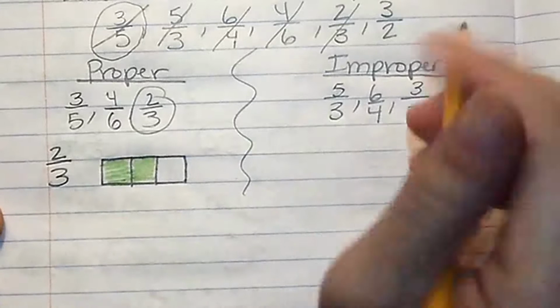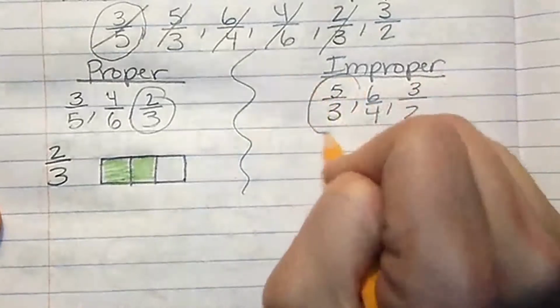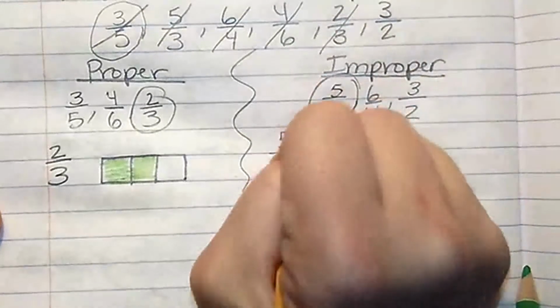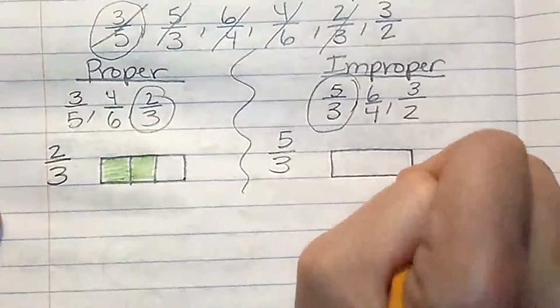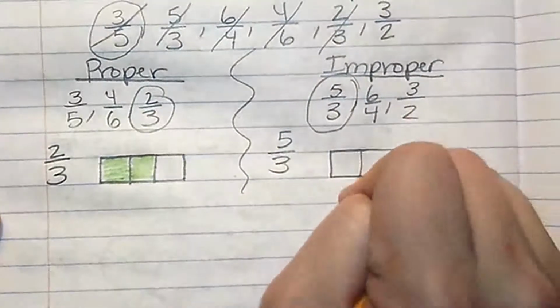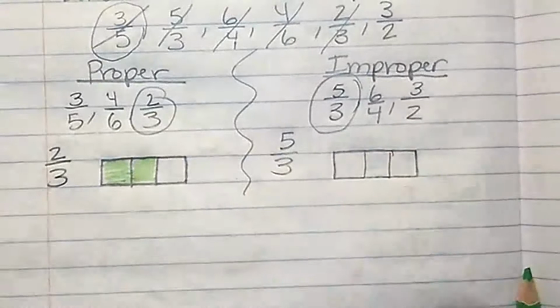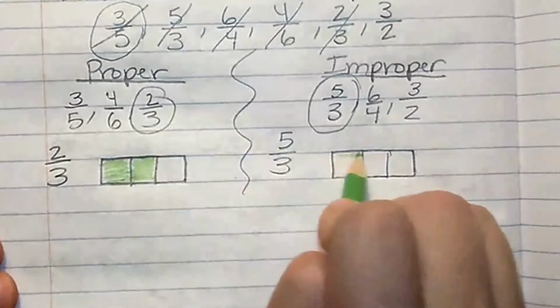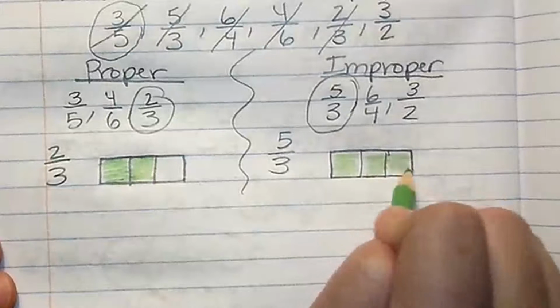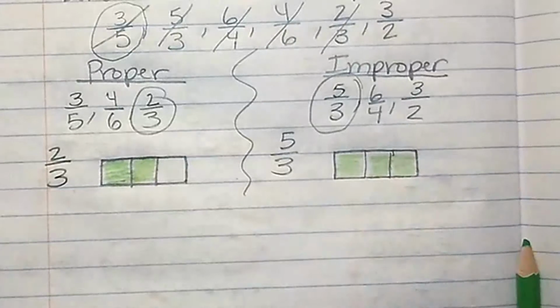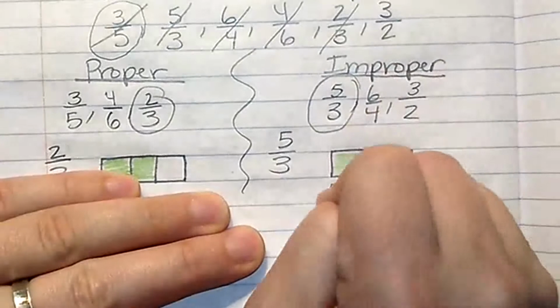Now an improper fraction, let me take 5/3 this time. Improper means it's bigger than one whole chocolate bar. So I would still split it into thirds. But if I colored in this whole chocolate bar, I would have 1, 2, 3/3. That's only 3/3, and that's not enough. I'd have to draw another chocolate bar